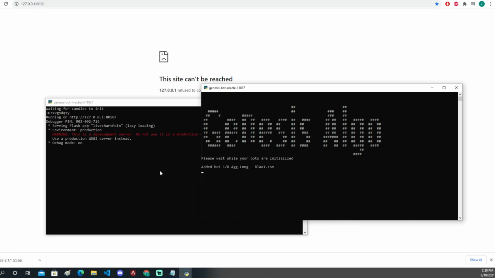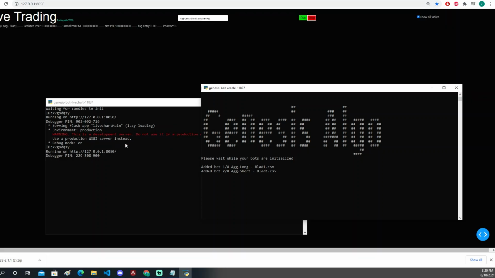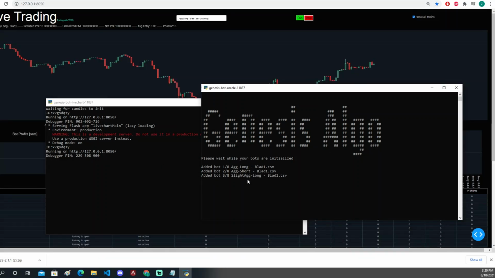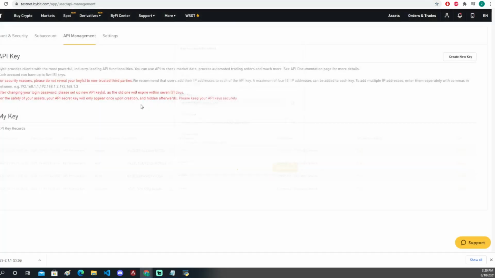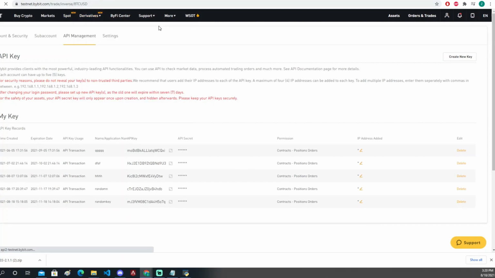You cannot close out of them, and if you select things, make sure to press enter so that the windows continue. This is how they should look. What you should wait for is for all the agents and bots to be loaded into the software. Give it some time to load all 8 tables with all the agents before you start running it. Of course, you can click run right now, but it's better to give it time because it's not going to run anyway. Okay, we can get out of this screen and watch our Bybit Bitcoin